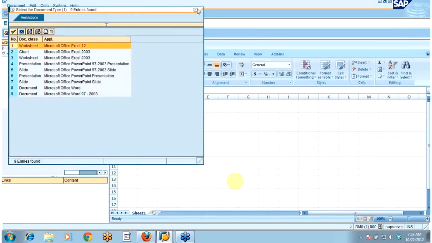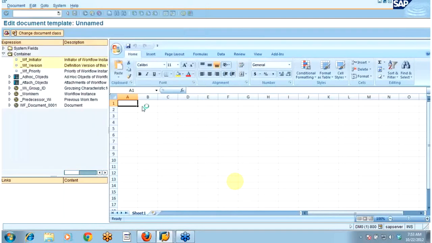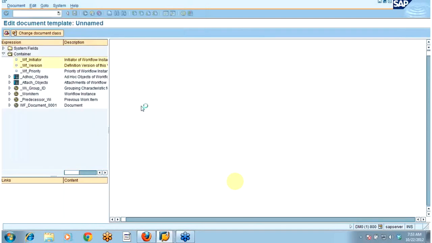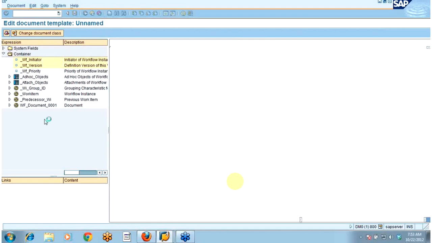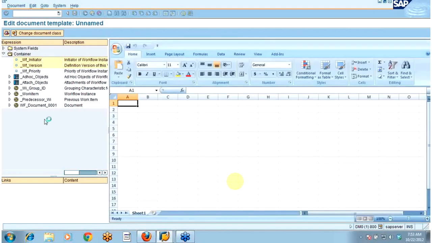I'm using this Excel only. You can select anything else. On the left hand side some container elements are present. Actually you can write anything here in Excel or in Word. Also you can bind the dynamic